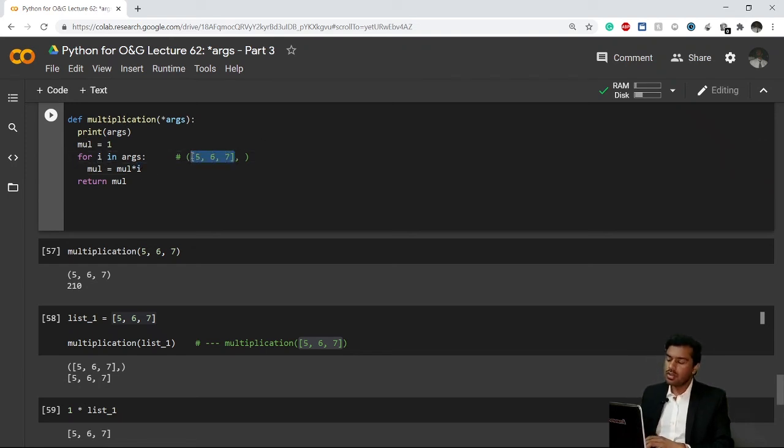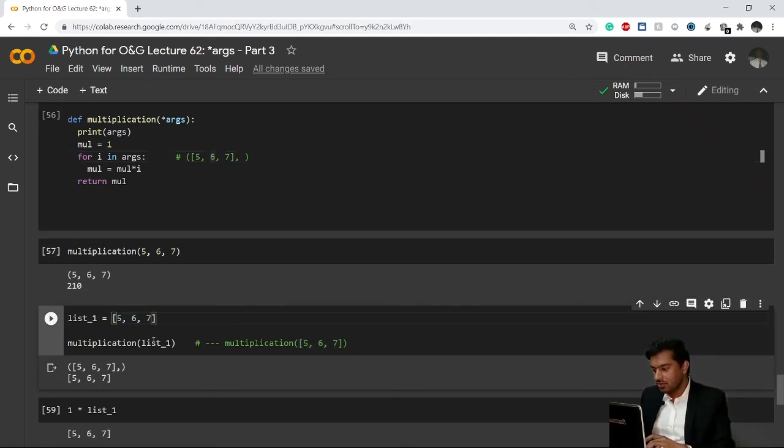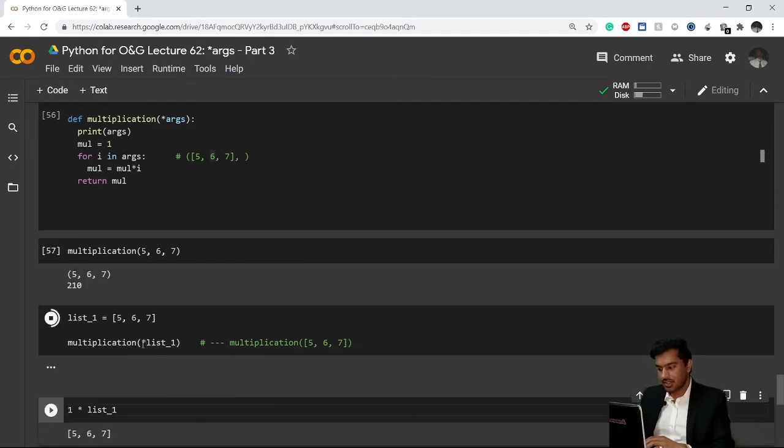So in the scenario where I want to multiply all the values inside the list, that is 5, 6 and 7, I have to unpack the whole list into single elements. If I simply use the star operator before my list name, it will unpack all the elements and I'll get the desired result.